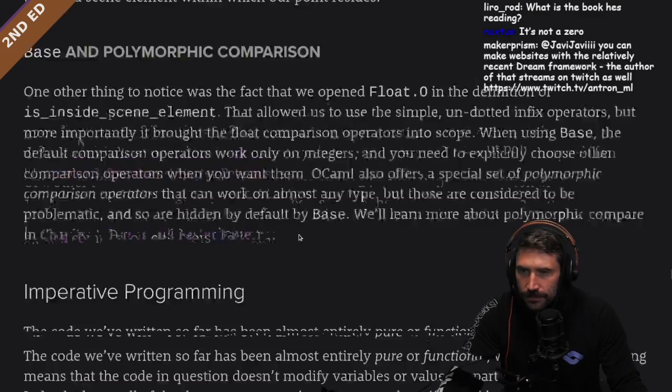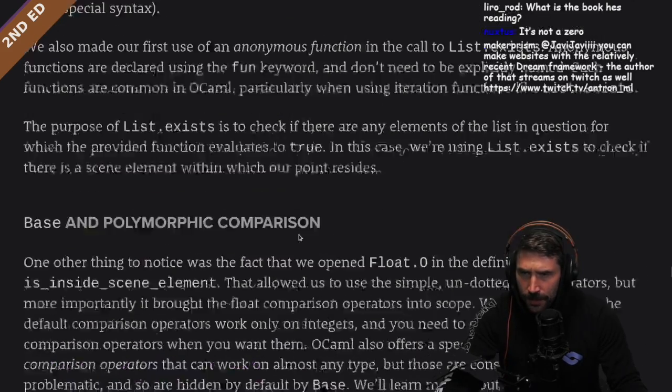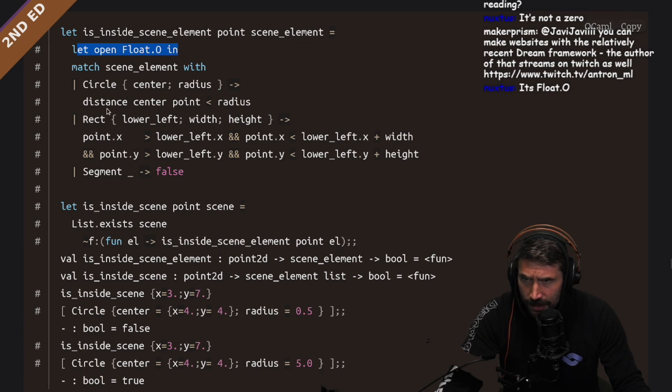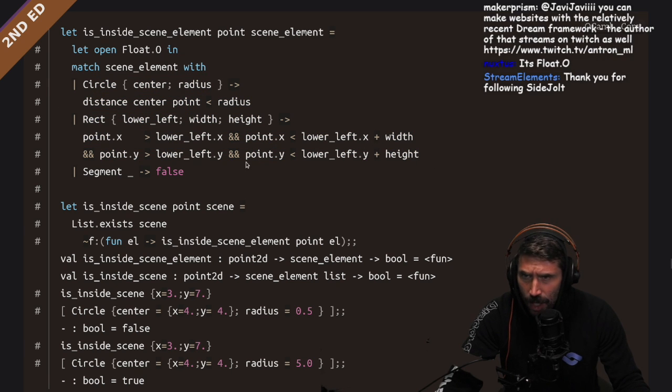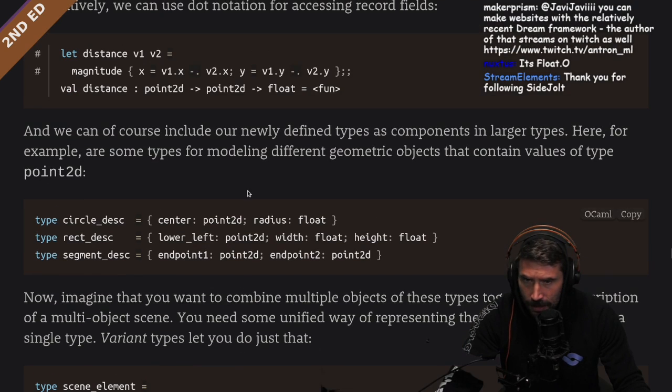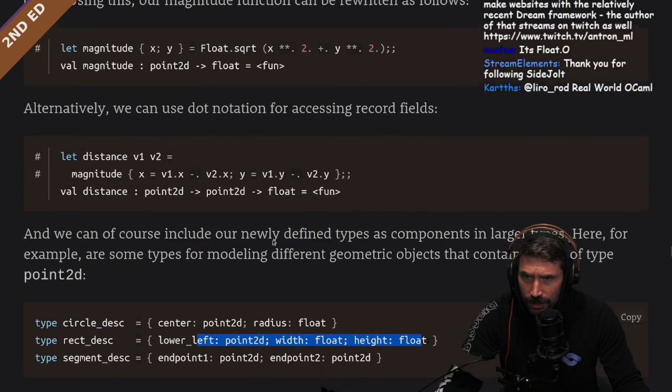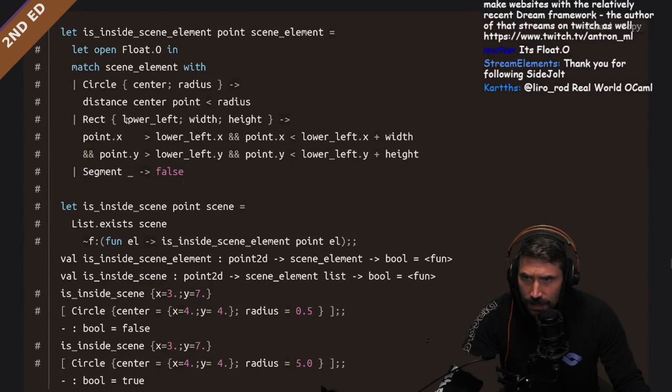All right, so let's see. Let open with Float.O. And so that means these are float operators? Are these supposed to be floats? Is that what they're saying? Okay, because lower x, that's a lower x. So these are all floats. So by doing this float open, these became floats.